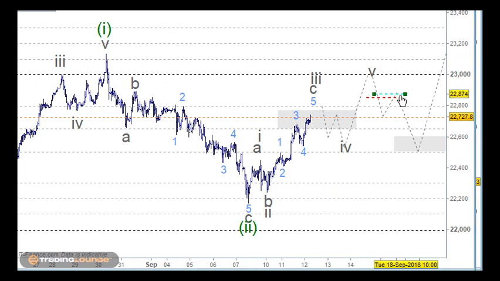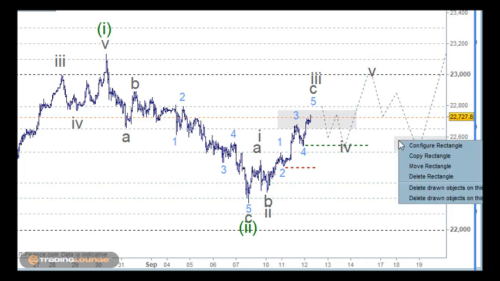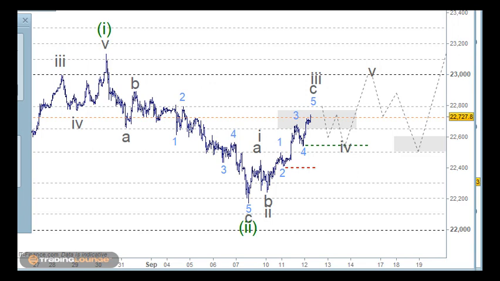So the stop would need to go under there, and we could buy on this wave 4 low coming back here. And obviously you can get out here if you want, and so on, but it depends what you wanted to do at that point. I think that this is the box we want, really. So let's turn that green, shall we? Let's just leave it at that for the time being.